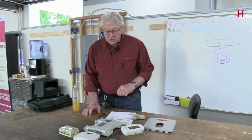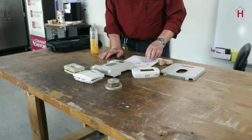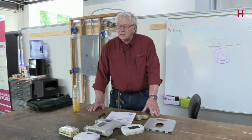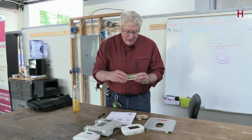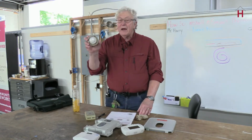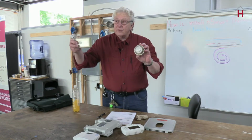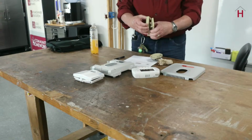The picture shows examples of 3 different types of manual thermostats. The one on the extreme left is an electronic one. Those are kind of new in the industry, and all they are is an electronic version of the other 2. I have a couple examples here that I was able to find in the back room, of the 2 other types. These are pretty much becoming obsolete. This one doesn't have the cover on it, but the picture on the handout does. And this one. Now, the reason they've become obsolete is the federal government kind of doesn't like them out there anymore